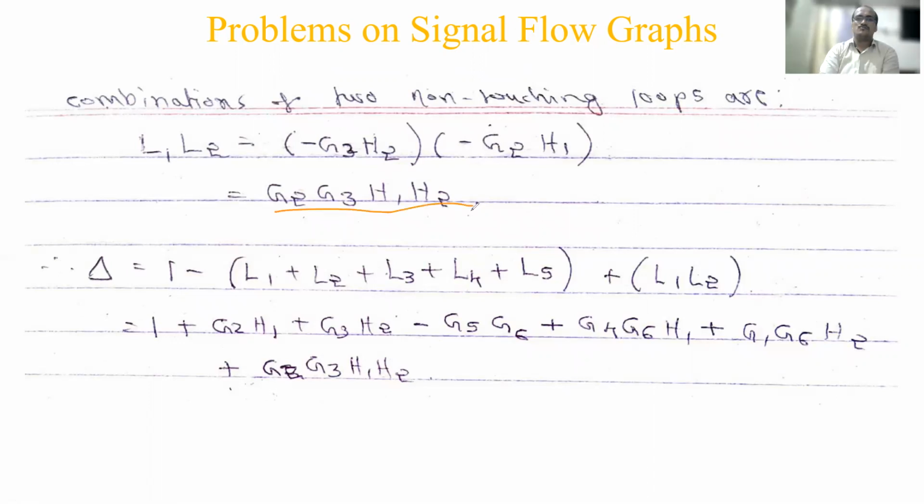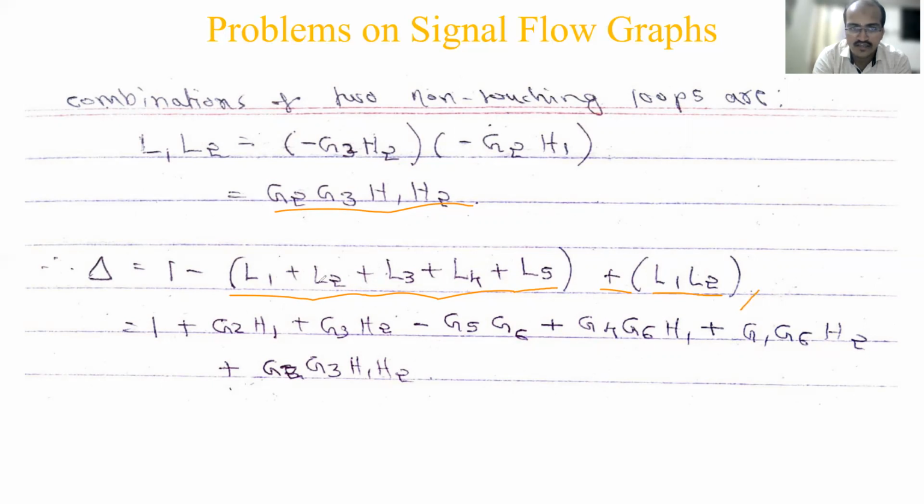So now you understood. Now we'll put everything into the loop determinant. The determinant formula is 1 minus all individual loops. Five loops are there: L1 plus L2 plus L3 plus L4 plus L5. Since here it is minus, next alternate is plus all two non-touching loops. If you have many, you will be writing L1, L2 plus L2, L3 plus L3, L4, like that. But if only one exists, L1, L2, that's why it is there. So here the formula ends.